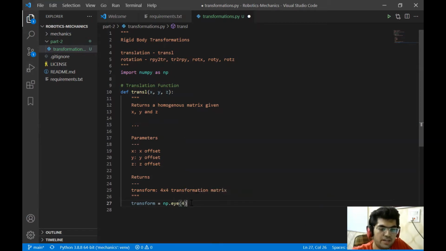Now what this np.I does is it will return an identity matrix to us. Now once we have this, we can just simply plug in the values that we want.